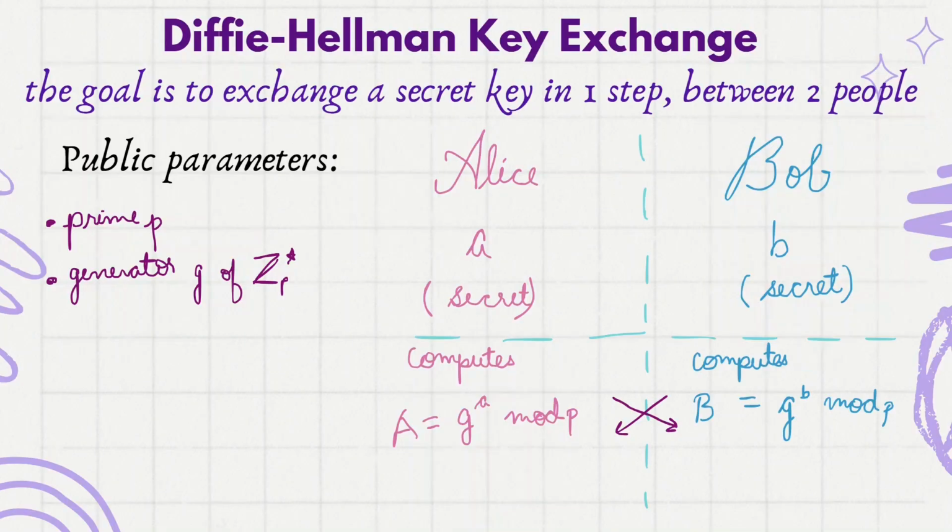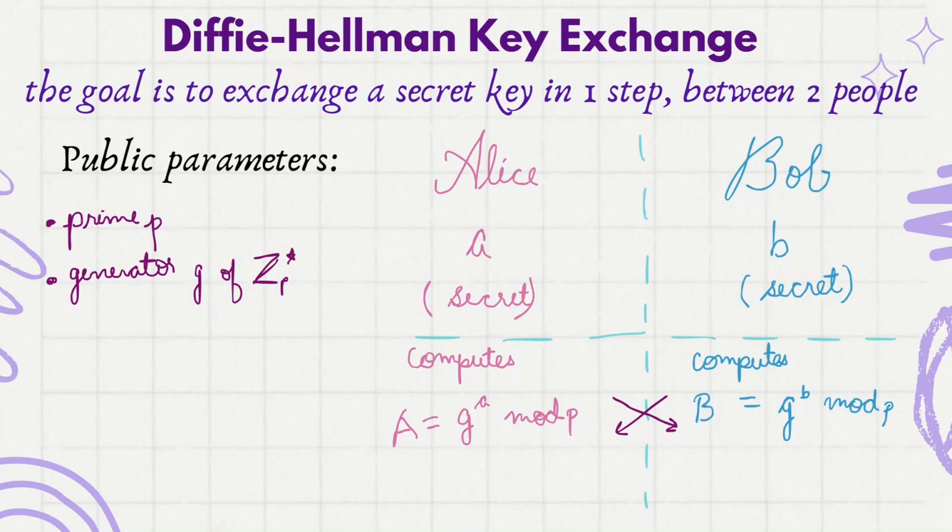So what happens here is the public parameters are the prime number p, which is used in this encryption scheme, that is known by everyone on the channel, and generator g of Zp star, even which generator is being used, because Zp star has at least one generator, but it may have even more than one. So whichever generator is used, that is also specified. Now let's understand what Alice and Bob do.